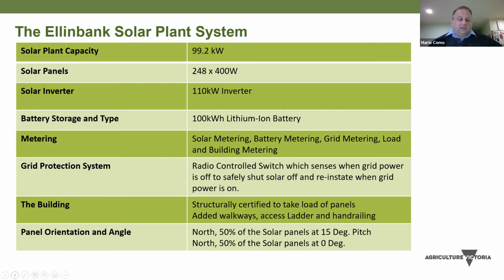Also visually inspect, but also we can get visitors up there and demonstrate and show them the unit. The panel orientation, Geoff touched upon the reasons why we look at the angle or the pitch. We've got 50% of the solar panels at 15-degree pitch and 50% at 0 to 5